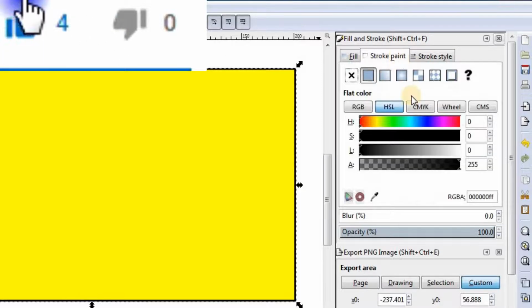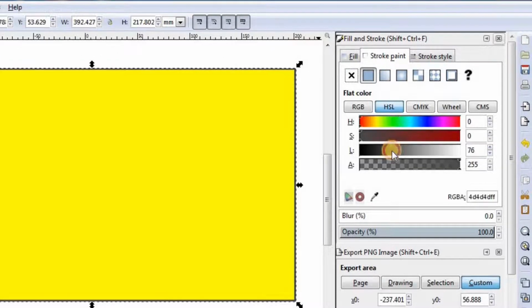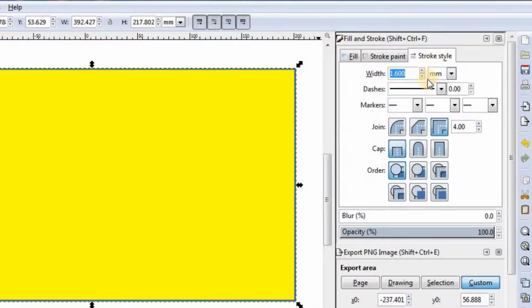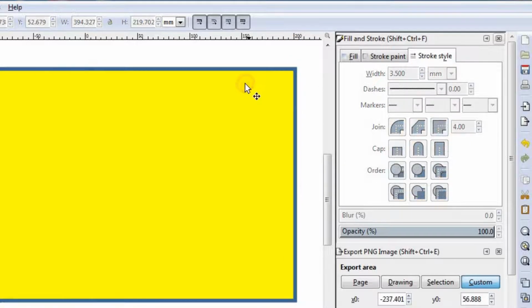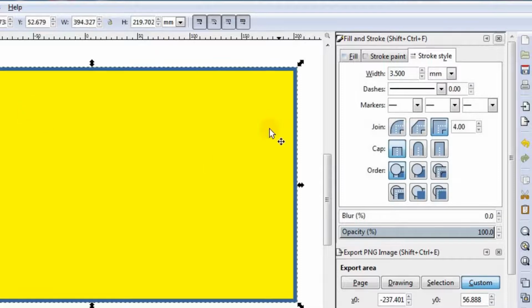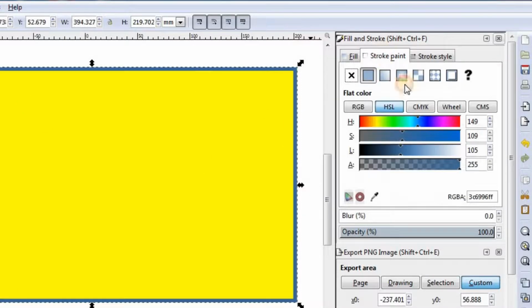Okay, that much will be enough. Then you can adjust the stroke paint. As you can see now, the color changes. How do you change the color of the text? The same way, the border changes. Let me increase the width so you can see clearly. As you can see, I made it blue so it looks blue. So this is how you change the stroke style. Okay, there's that much to it.